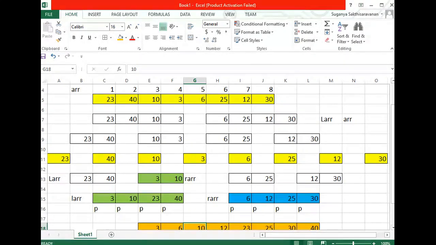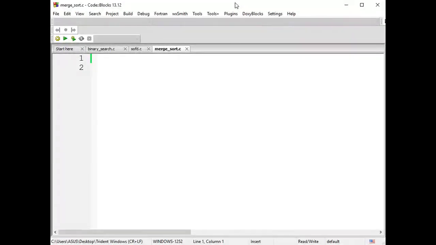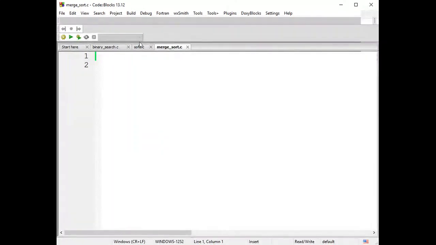Just a minute, guys, let me open the editor. I guess this editor is visible right now, isn't it? Yes.